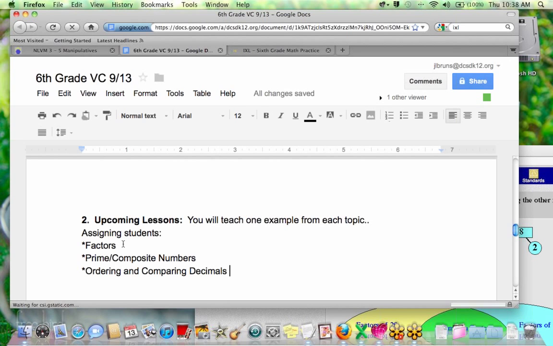So do I have any volunteers to show us a factor problem next week? You could just raise your hand because I can see you. Okay, so this will be Jack. Do I have any volunteers to show us an example of a prime or composite number? Very good. And it's not like you have to go out into the world and find these problems, guys. This is actually in your assignments. So you could take a problem that comes directly from your assignment, or you can make up your own. That's fine too. Do I have any volunteers for comparing and ordering decimals?